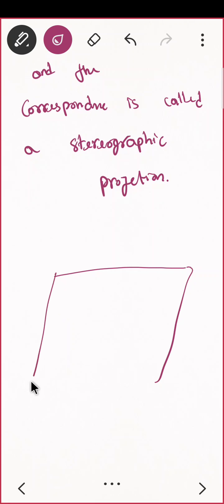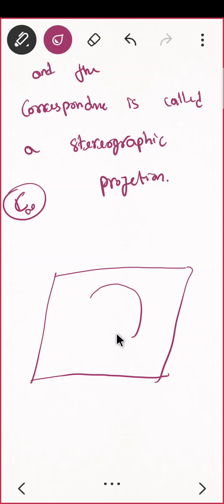Okay, so let me just quickly explain this once again. This is my complex plane. I want to see what we mean by the extended complex plane. I wanted to see what we mean by C union infinity. Correct, this is what my claim was. So what did I do? This is, suppose, my complex plane, and I am trying to put a sphere whose equator is lying on my plane. Okay, now what I'm saying, I am fixing this north pole and I'm trying to map it to complex numbers.